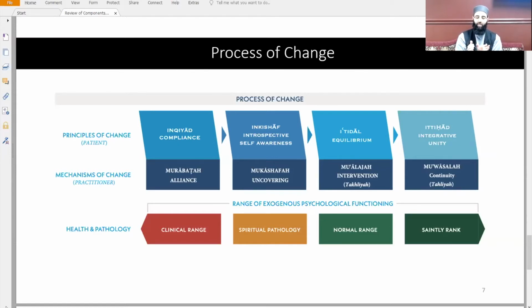Now in tasawwuf, it's a much more technical concept, meaning they take this notion, this concept of imagery or meditative imagery, and what they might do is imagine, for example, that the sheikh is sitting right across from you, knee to knee, like they say Jibreel alayhi salam was sitting knee to knee with the Prophet sallallahu alayhi wa sallam in the hadith of Jibreel, when he came